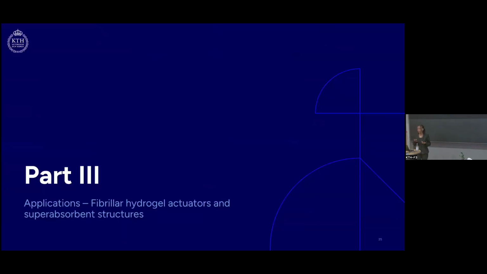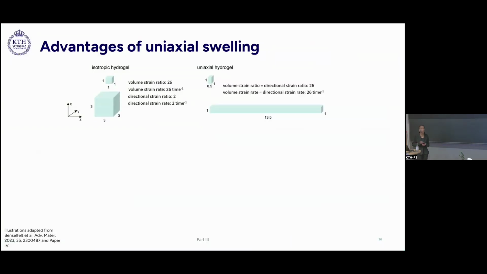So now that we have looked at factors that lead to a reduced or enhanced water uptake, we will look at some potential applications of these fibrillar networks where the water uptake is important. So the possibility of creating highly anisotropic fibrillar structures that are physically cross-linked in one plane also means that the swelling is highly directional and can be maintained by the structure under load.